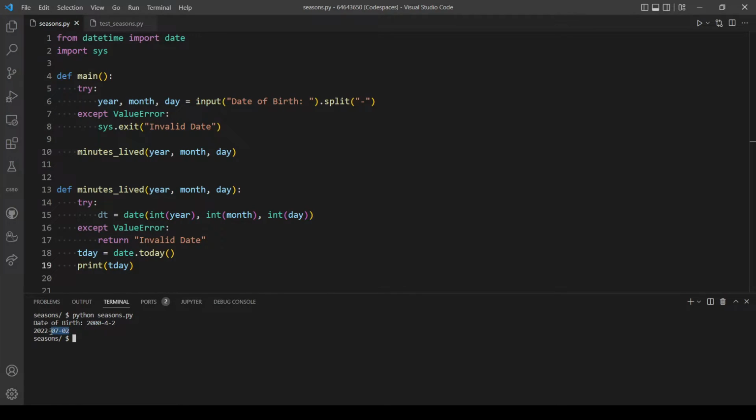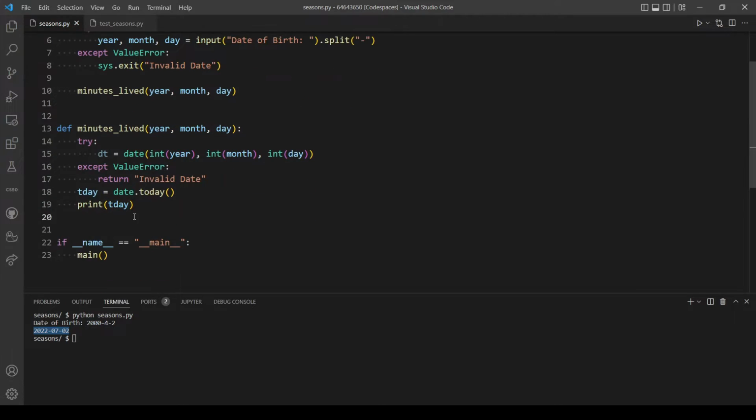Okay, as you can see, that's today's date. So now we have the date of birth and today's date. So what we need to do now is to subtract the two dates and store the return in another variable. Let's call it, for example, diff, the difference between the two dates. And you're going to simply just type,